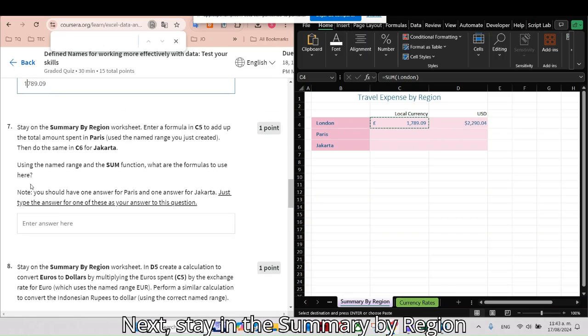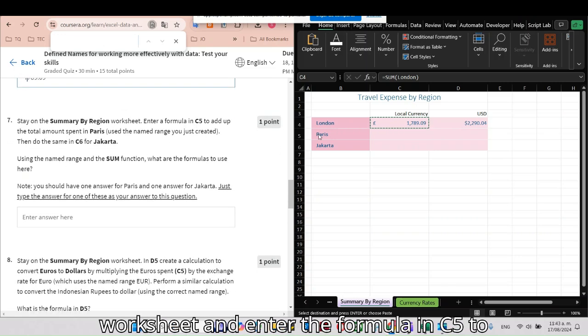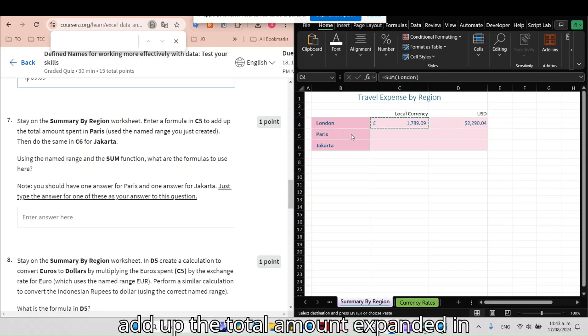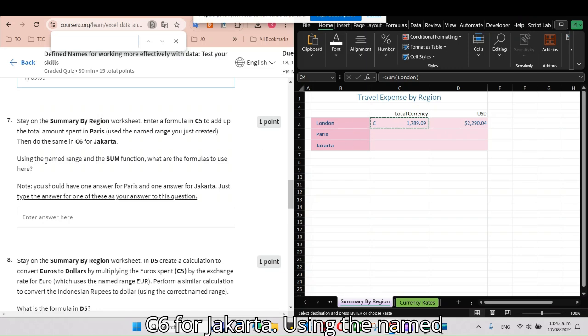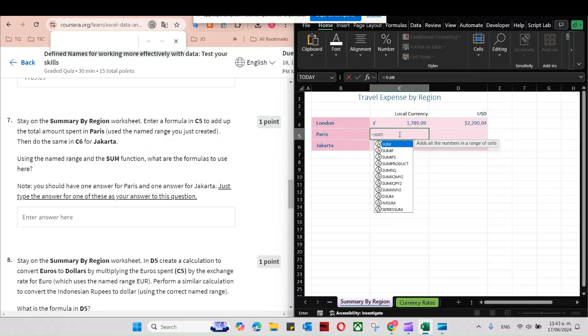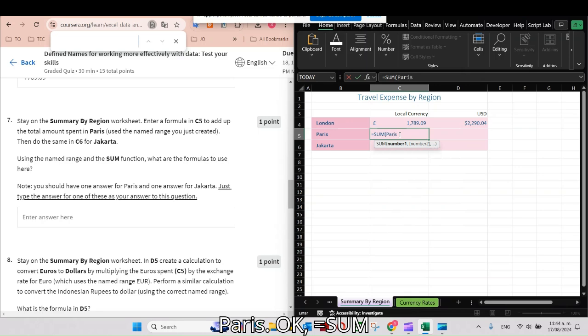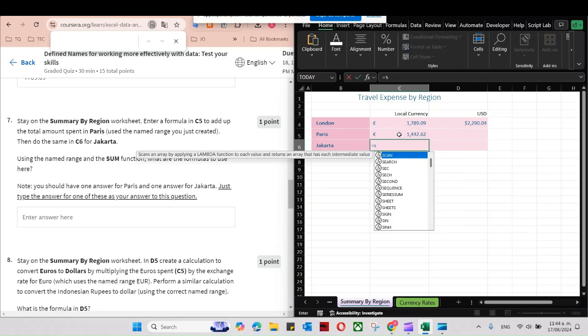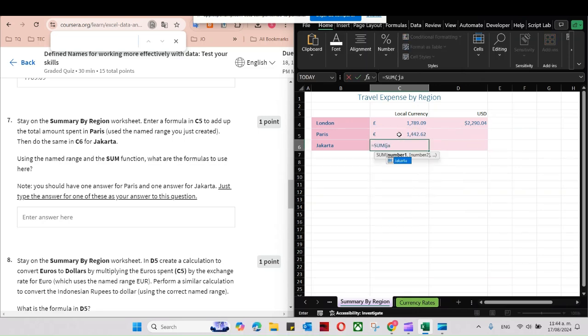Next, stay in the summary by region worksheet. Enter the formula in C5 to add up the total amount spent in Paris. Then do the same in C6 for Jakarta. Using the named ranges and the sum function, what are the formulas to use here? I'm going to type equals SUM Paris. Okay, equals SUM Jakarta.